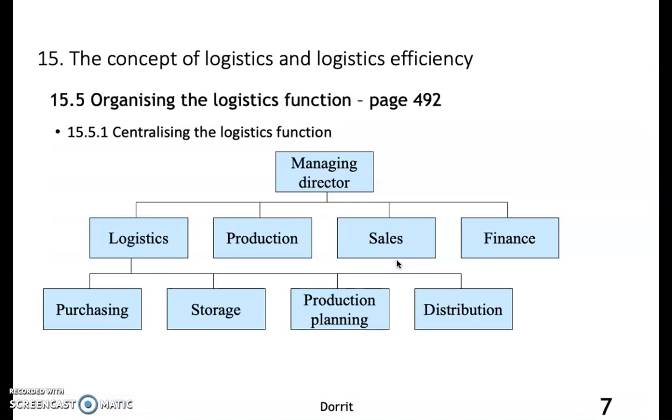This slide will focus a lot on the organization and the infrastructure, firm infrastructure, which you also see in Michael Porter's value chain, where it's one of the supporting activities. And you see here at the top, managing director, then we see a department for logistics, production, sales, and finance. Then we see purchasing, storage, production planning, and distribution. The idea with this is, if you centralize it